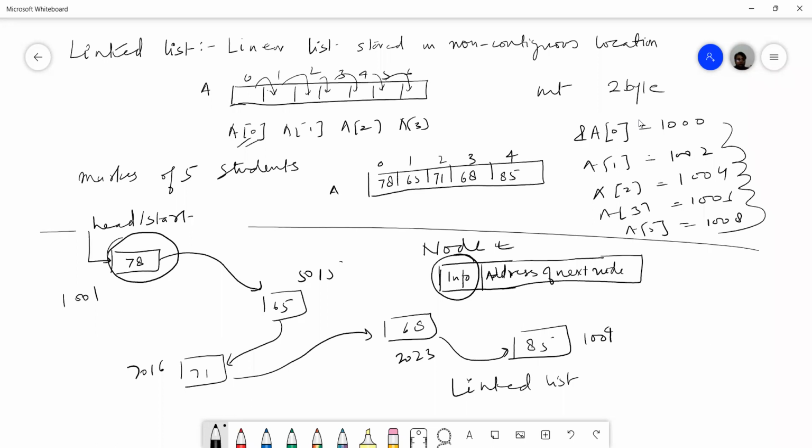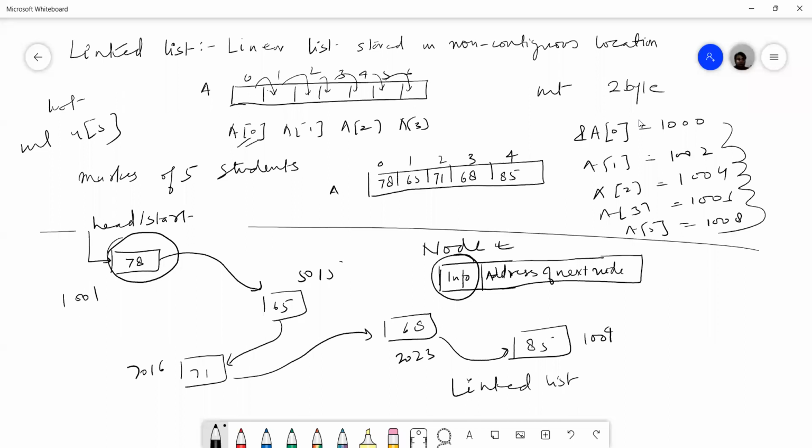So now logically, like in Python, we know that every collection is growable, like array is implemented by list, and we know that list is growable. There is no fixed size. But logically, we say that array is fixed in size, like in C programming, you declare A[5], and linked list is growable. But in Python, everything is growable. So we talk about this linked list with the perspective of Python also, but before that, I will tell you